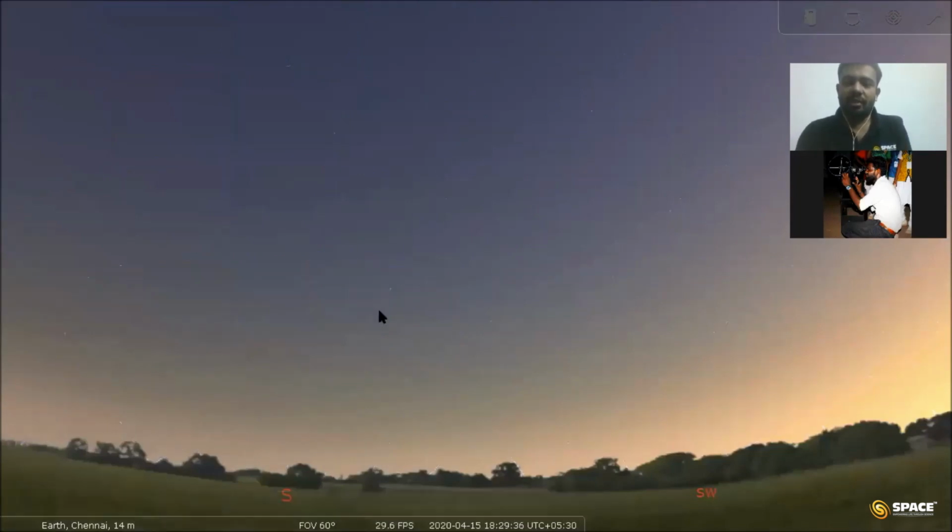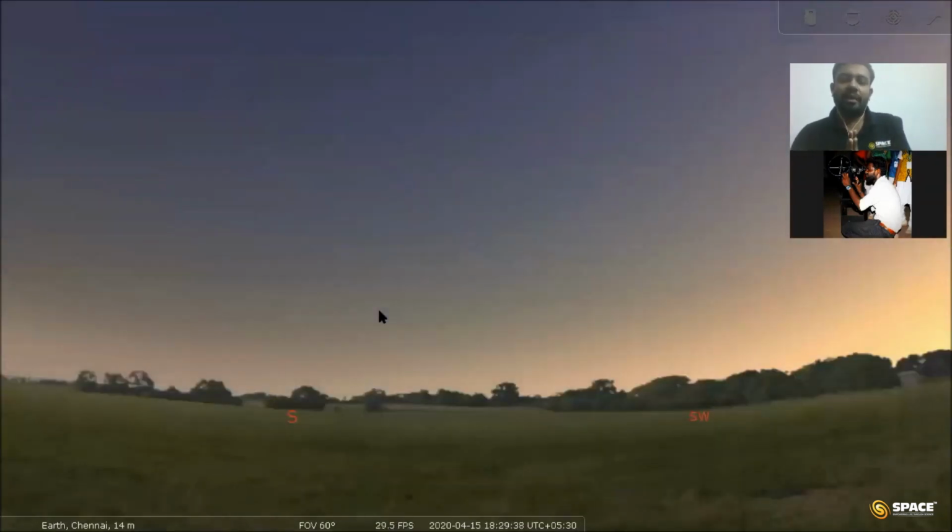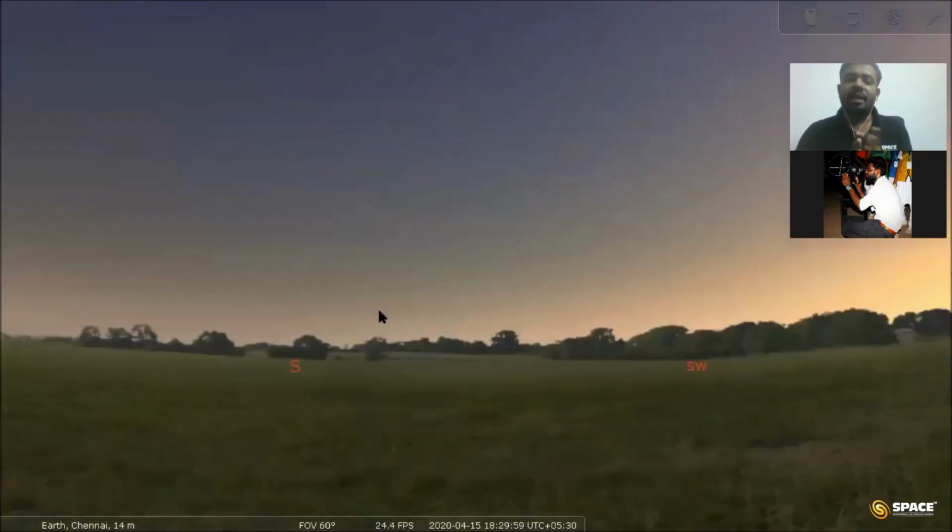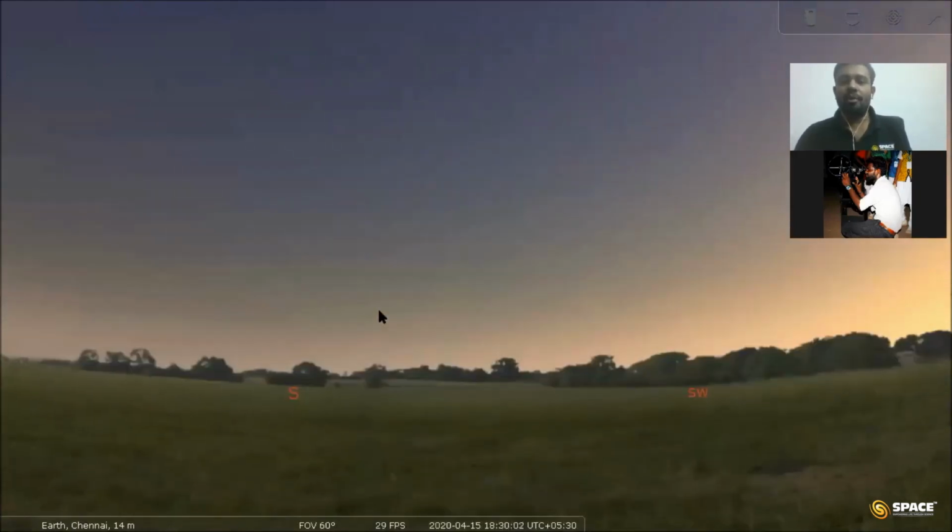So next is, have you ever wondered why the sky appears blue? Due to scattering of the light by the particles in the atmosphere, the sky appears blue, right? So if you don't have the atmosphere, then what happens? You can see the clear sky. There's no scattering of light, there's no blue color in the sky, but you can see the sky clearly. And in daytime also, if there is no atmosphere on the earth, you can see the stars.